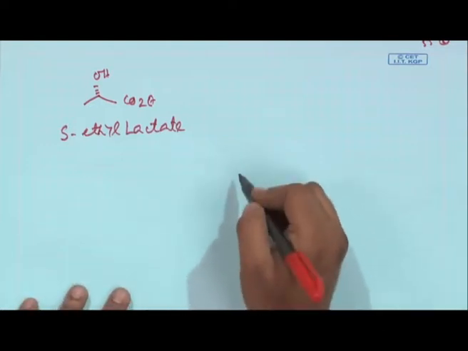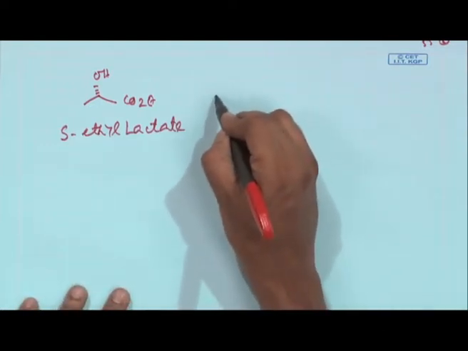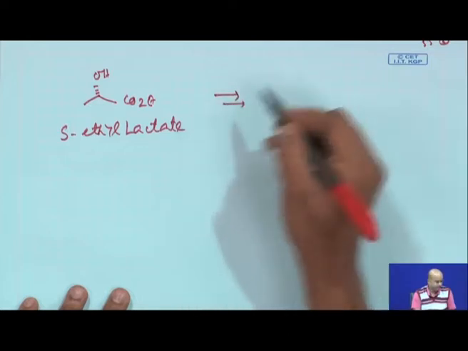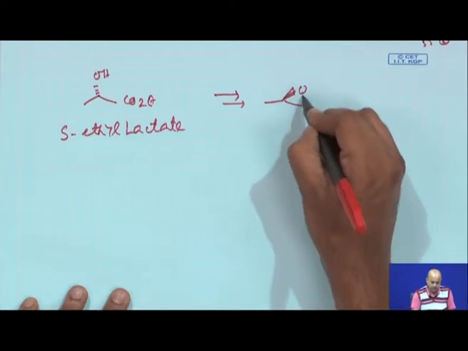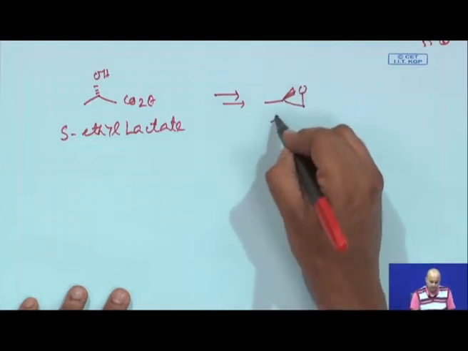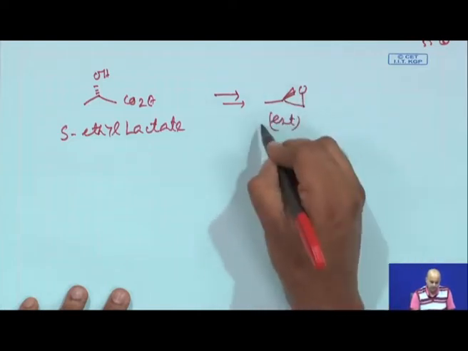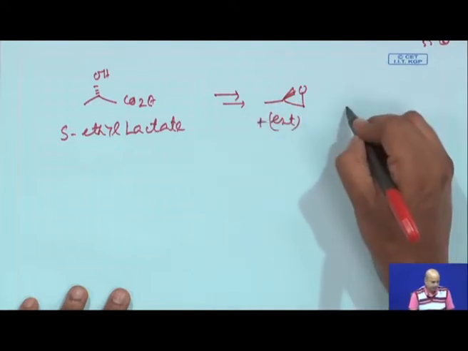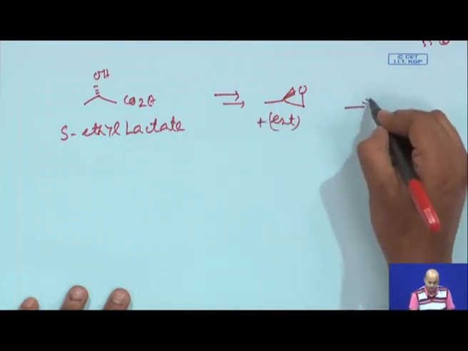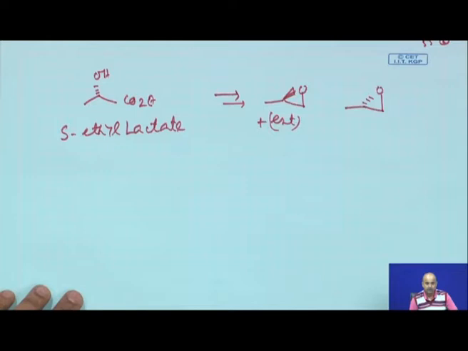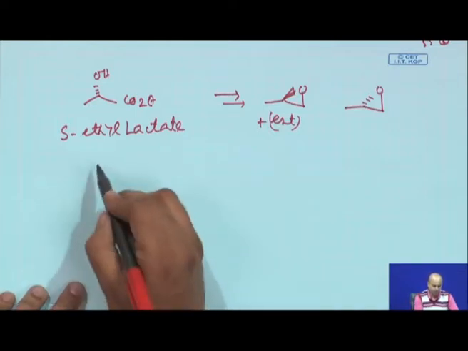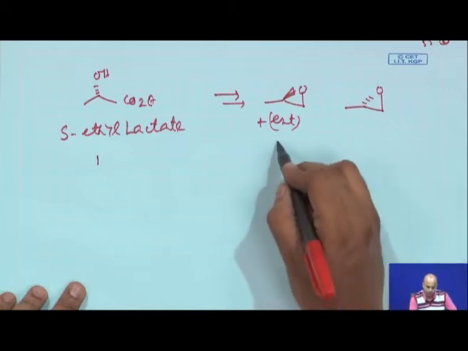For this compound, what you need to do is prepare the epoxide, both enantiomers of the epoxide. So, this is one enantiomer, say the plus enantiomer, and the other enantiomer you also need to prepare. Now you have to think about how you can do it. If you do the retro for both enantiomers,